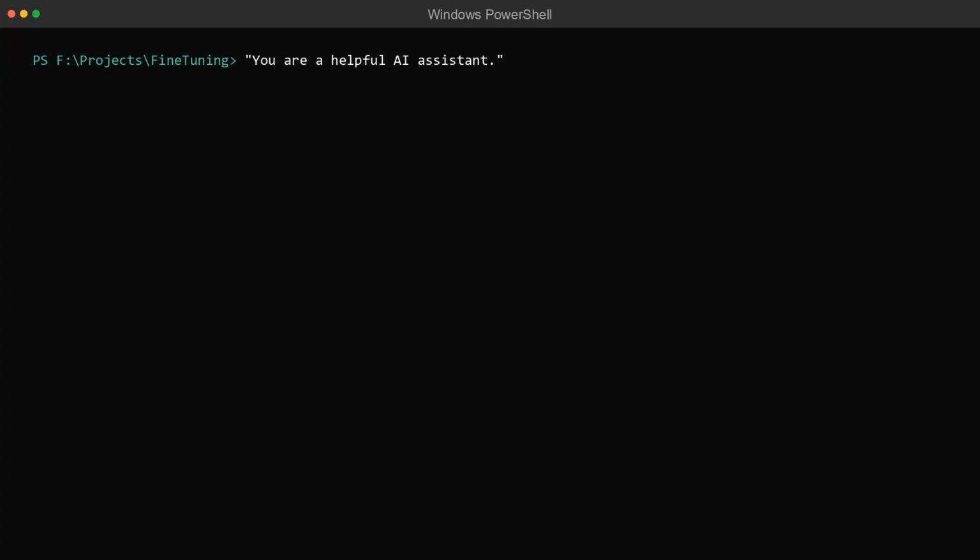The most basic system prompt establishes a role. "You are a helpful AI assistant." It's minimal, but it's not nothing. It tells the model to orient toward being useful rather than, say, continuing text in a narrative style. This is your baseline. Every more specific system prompt builds on this foundation by adding constraints, personality, output format requirements,